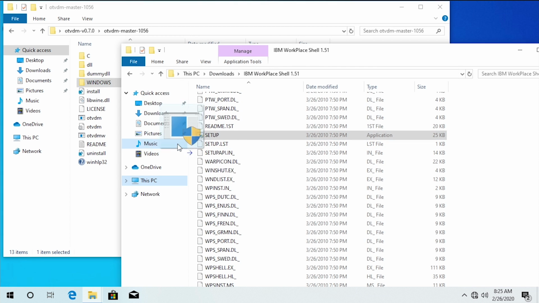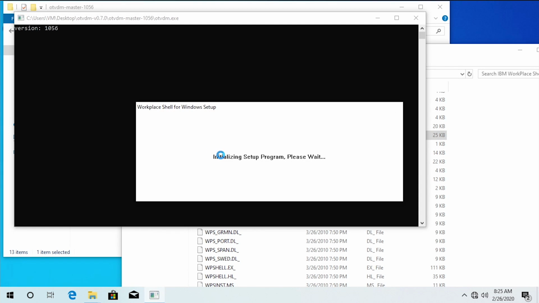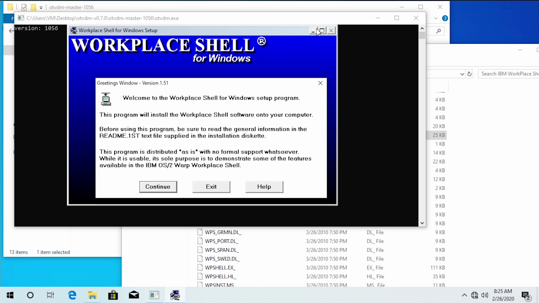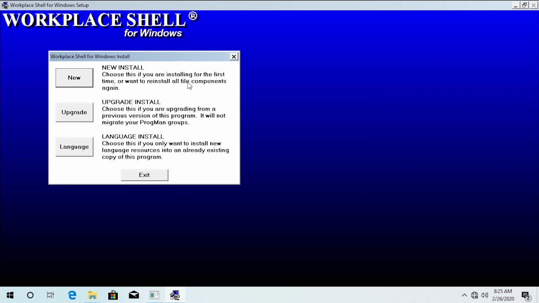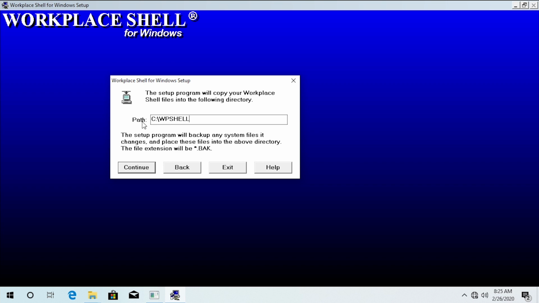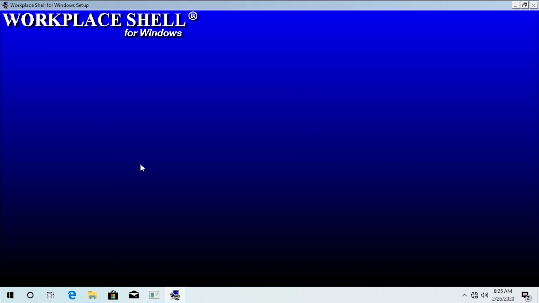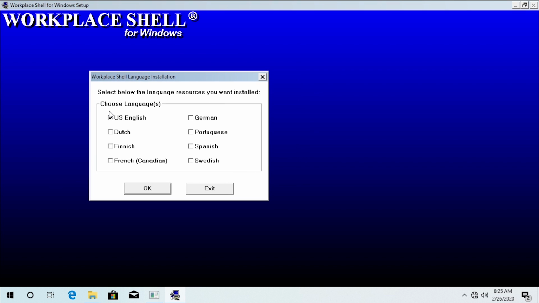shell. So we can try to run this again and maybe modify some of those options to see if maybe by deselecting, like, do you want to replace the task manager, if that will actually allow us to get through the setup process. So we can hit continue here. We're going to go with a new install. We're going to install it to CWP Shell once again. And now it's actually skipped past the